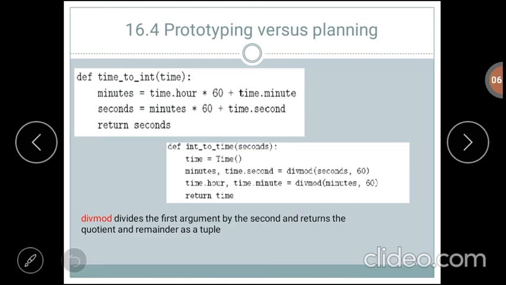Next we will discuss prototyping versus planning. Whenever we do not know the complete problem statement, we may write the program initially and then keep on modifying it as and when a requirement or problem definition changes. This methodology is known as prototype and patch. That is, first design the prototype based on the information available and then perform patchwork as and when extra information is gathered.